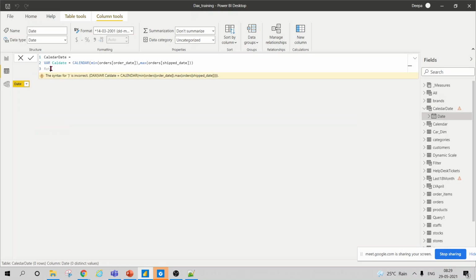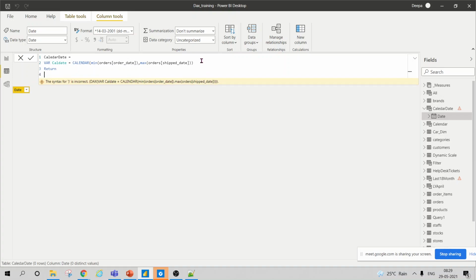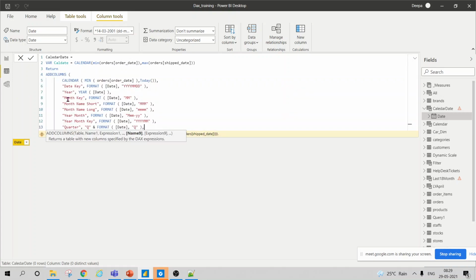And when I'm writing a date function, I will also return something. So what I'll do is I will write an add columns function. First of all, what is my add columns function?